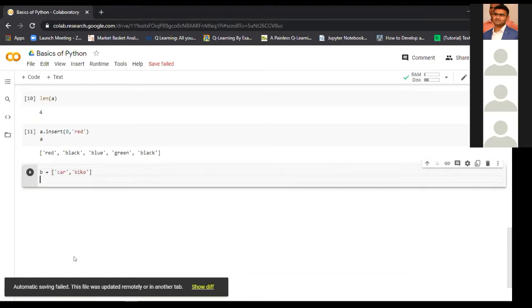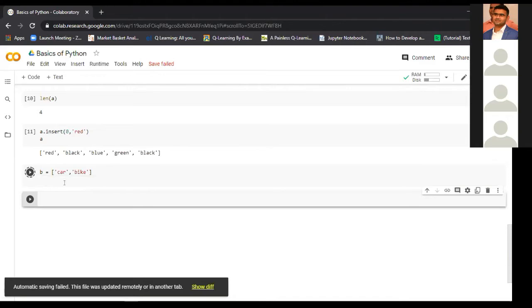Now if you want to add this list to the list A, what we can do is we can use the method called extend. So extend is the method. In the extend method we use another iterable. So we can use any iterable. So we can use the tuple, list, dictionary, set or string.